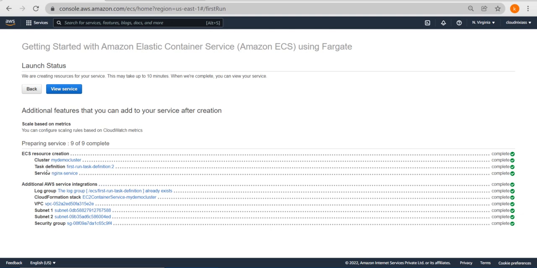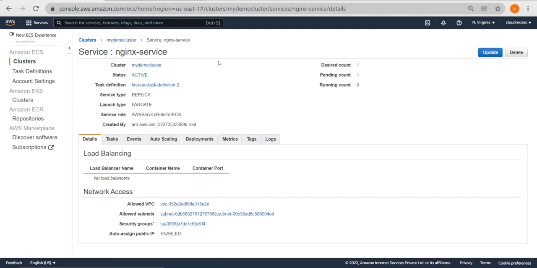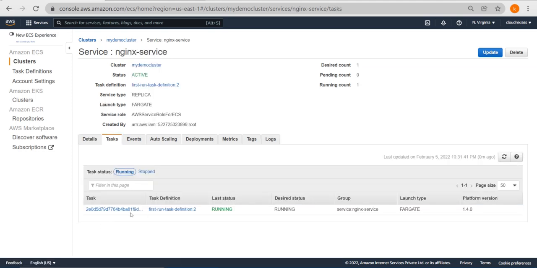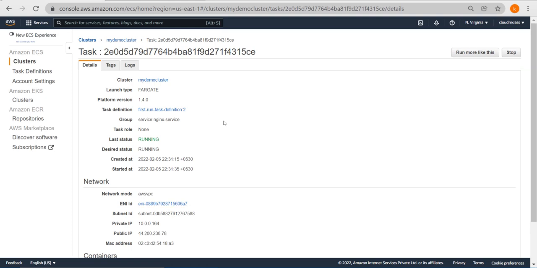Cluster is done, task definitions is done, service is done, log group, CloudFormation stack, VPC, subnet 1, 2, and security group. What we can do is right click and open that in a service directly. If I go to the task, and all the way in, if I click on that task, and here we have